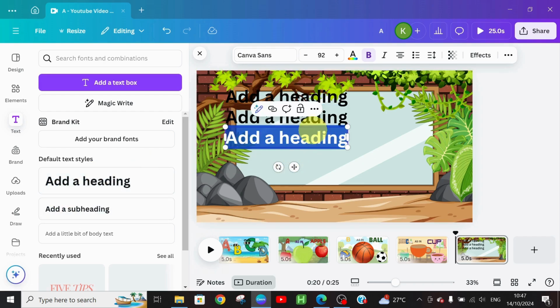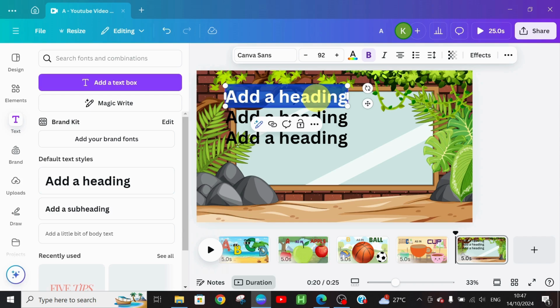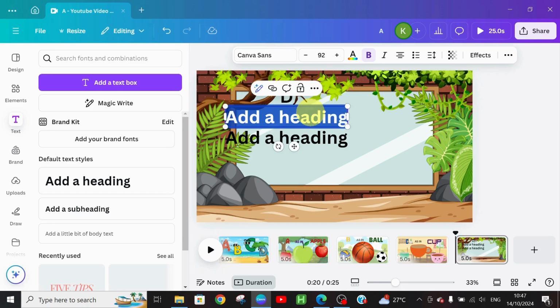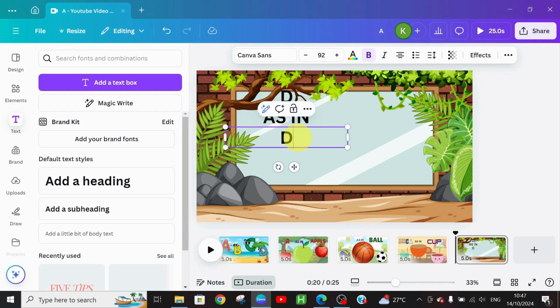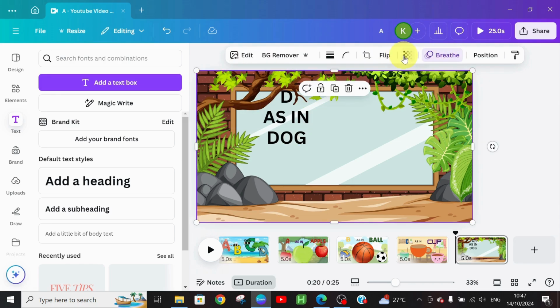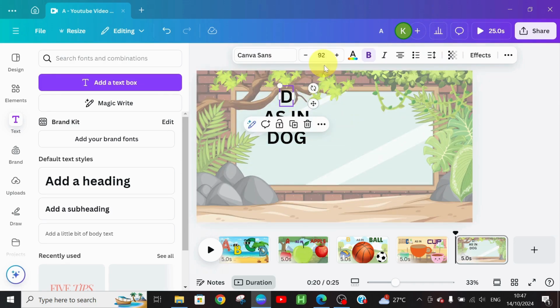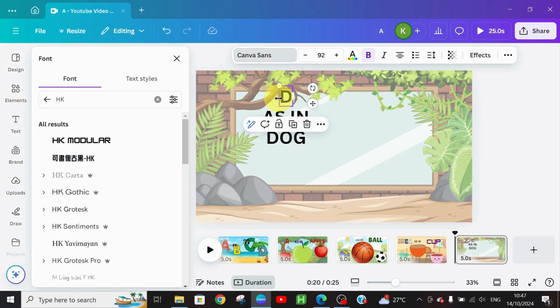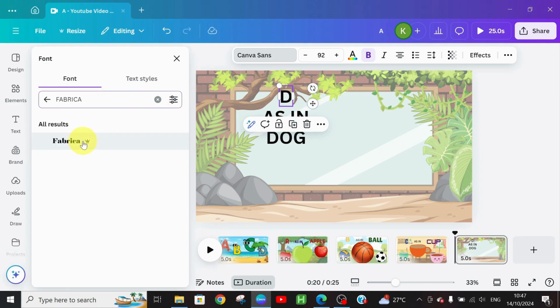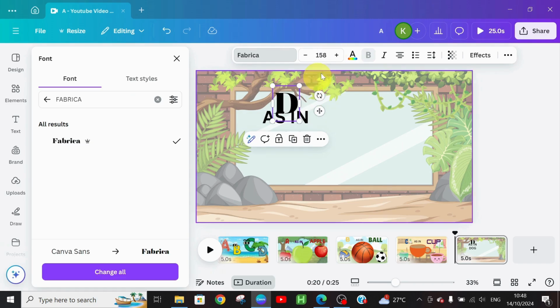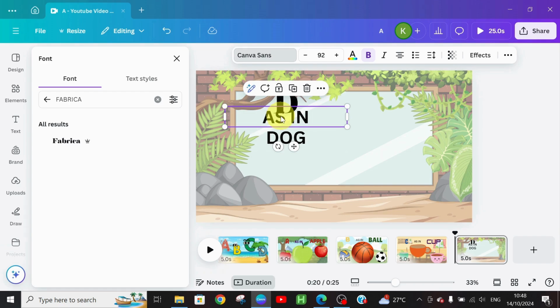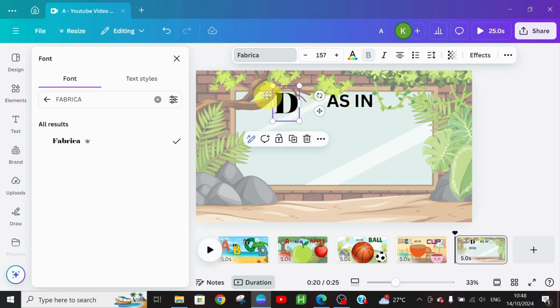So you just come here for the first heading, D. The second heading, as in, and the third heading is dog. Ensure you reduce the transparency of this. Then for this D, you change the font to Fabrica. So we are using this font. Then you increase the size to 157. The size has been reduced, so you come back, lift it here,